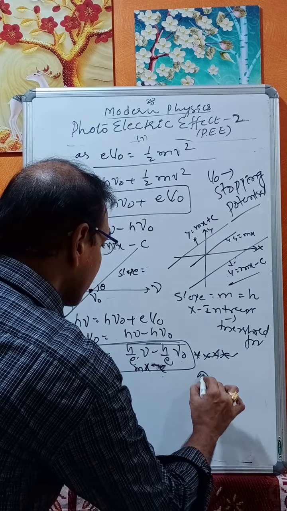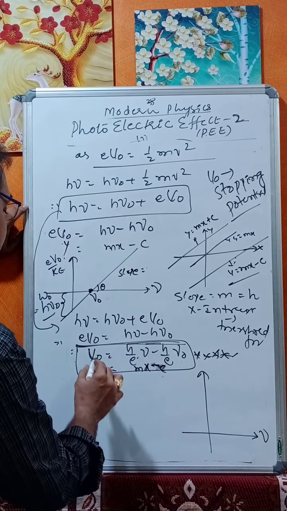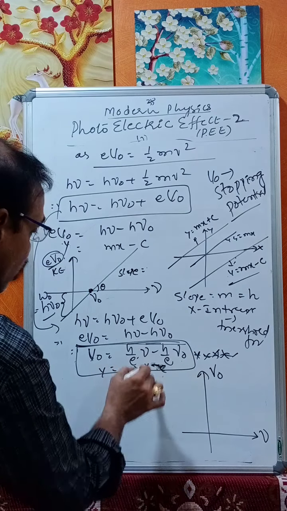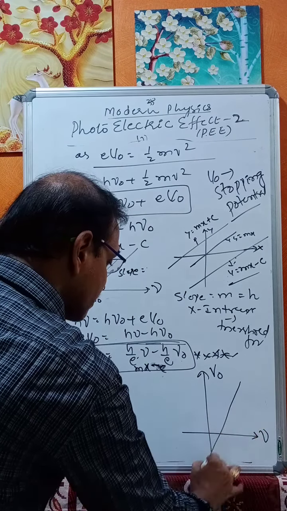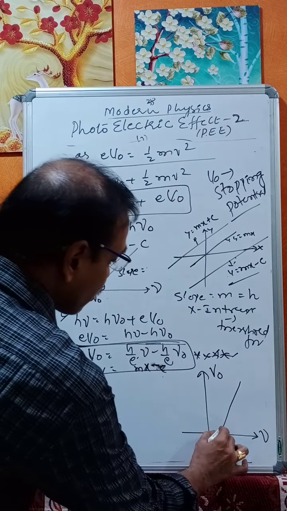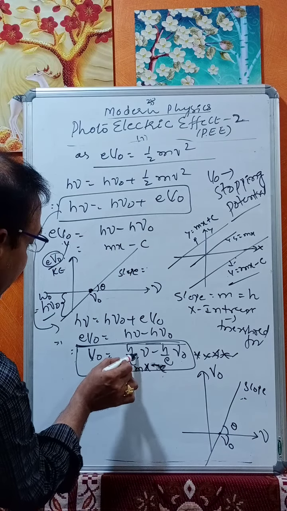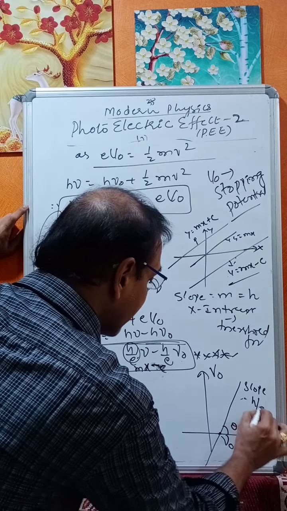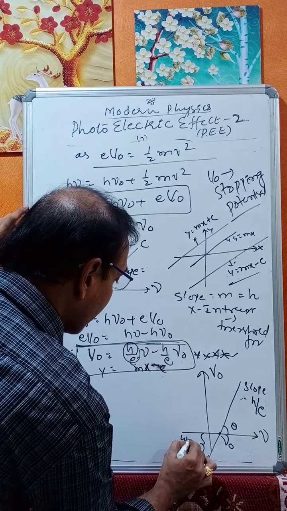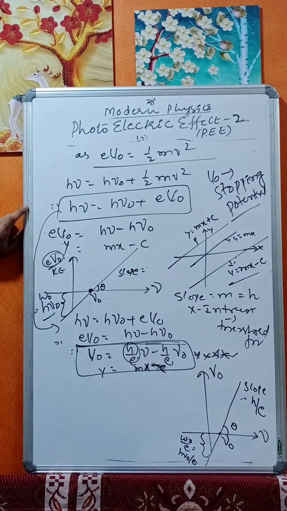Again, if you plot a graph of this one, what happens here? x is frequency nu, y is only the stopping potential. Before we took kinetic energy eV naught, here only stopping potential. Again the graph is just like this, and this will be our threshold frequency. In both graphs, this is the threshold frequency. What is the slope here? The slope is h by e, and the intercept gives h nu naught by e, W naught by e.